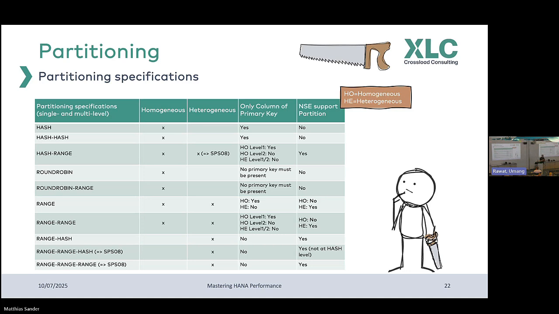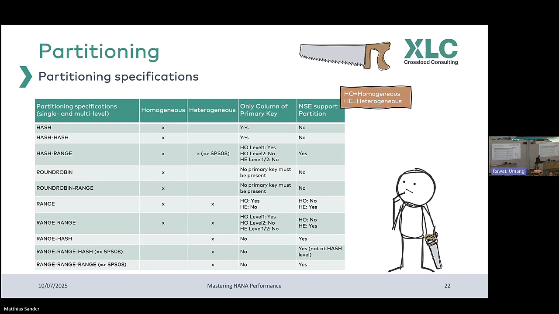But if there is a primary key, you have to use a column from the primary key. So that's, for example, one difference between the technical implementation of homogeneous and heterogeneous. With heterogeneous, you can also use a column which is not part of the primary key on the first level of partitioning. But, for example, if you plan to use NSE in the future, that's the reason why the last